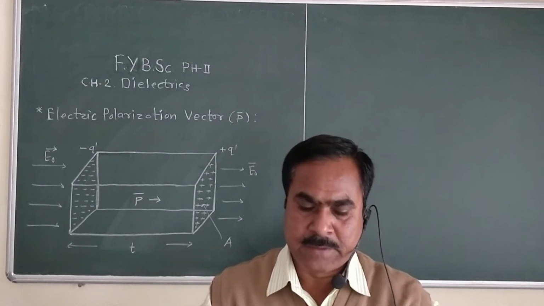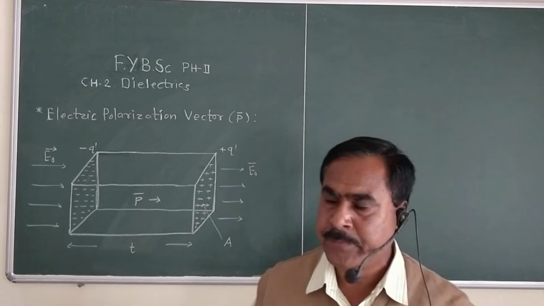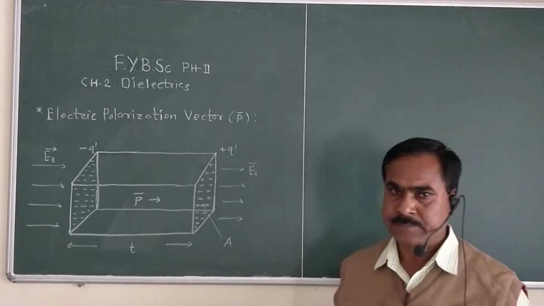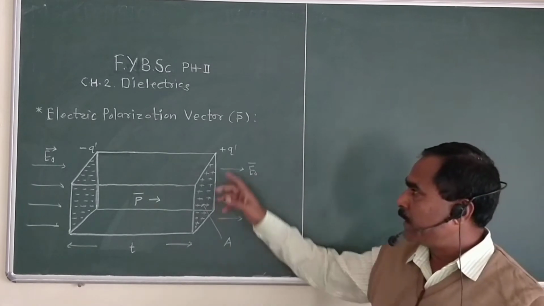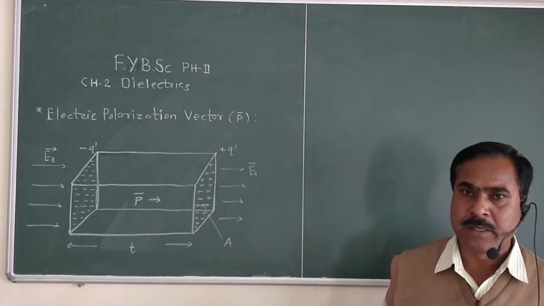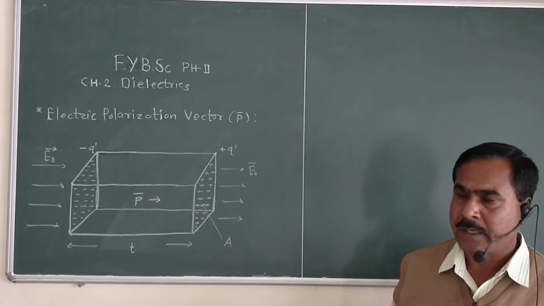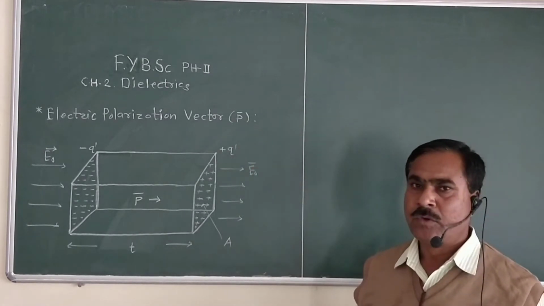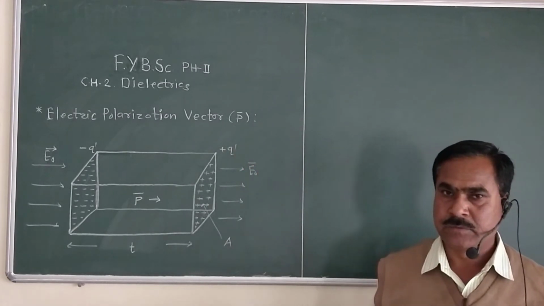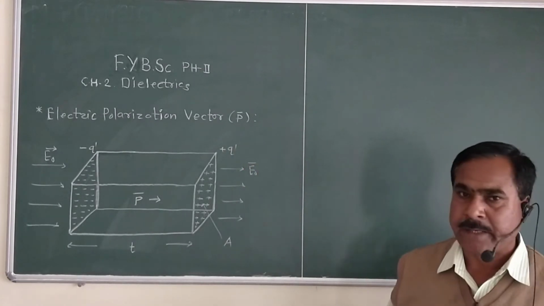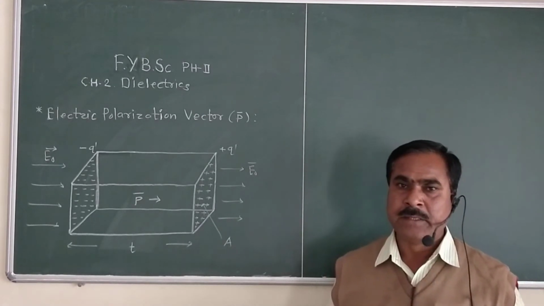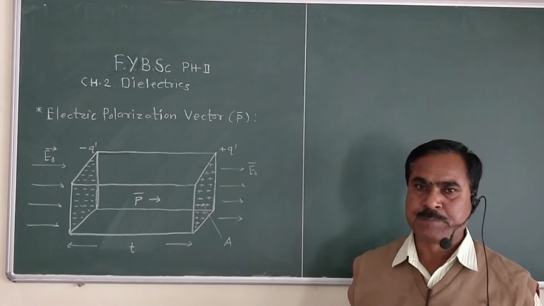In today's lecture, we are going to study the electric polarization vector P bar. That means the electric polarization vector is denoted by capital letter P and it is a vector, so it is denoted as P bar. Now you know, in the last lecture we have studied when a dielectric material is placed in